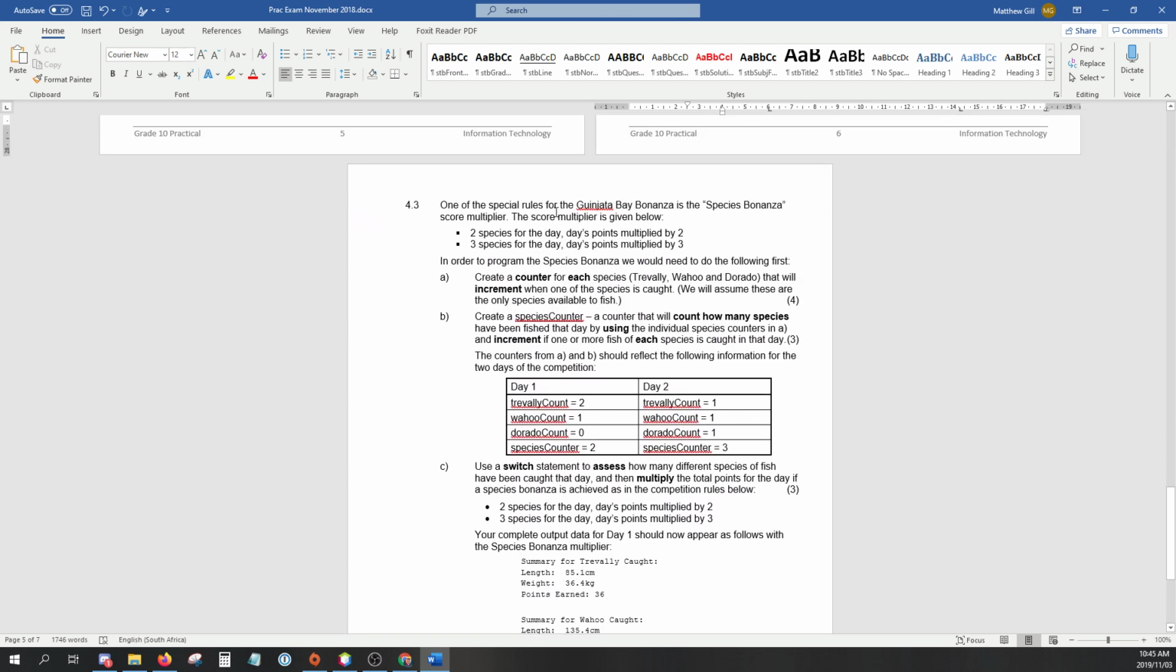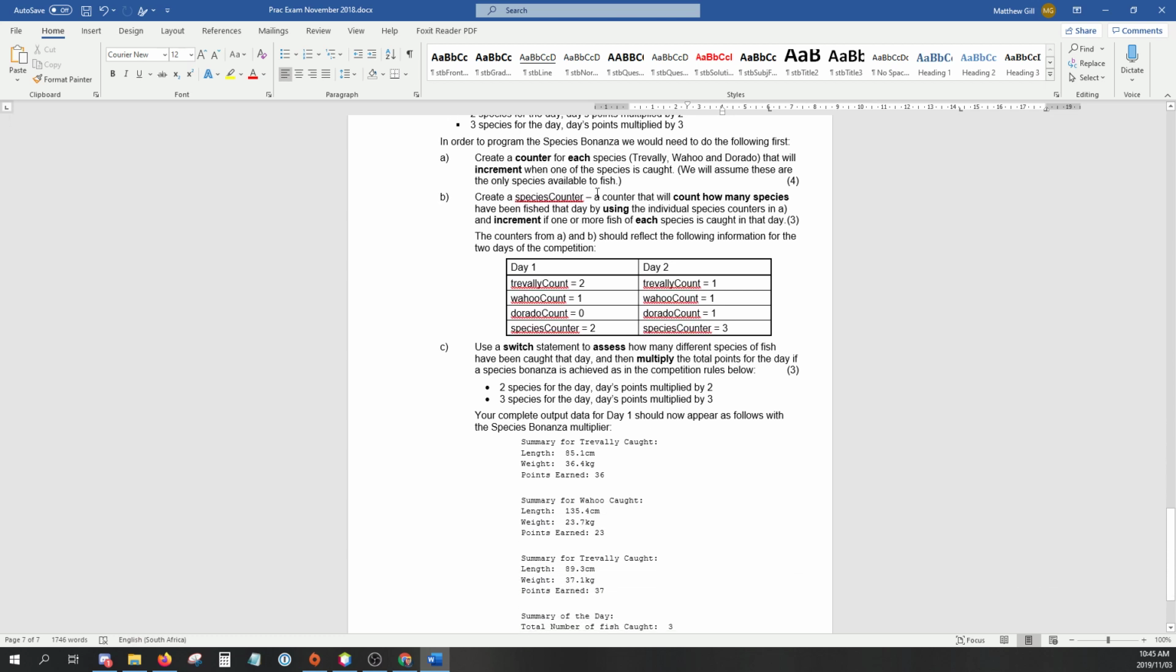Right. One of the special rules is the species bonanza, the score multiplier. Two times for the day, today's points multiplied by 2. So in order to program the species bonanza, we would need to do the following. Create a counter for each species that will increment when one of the species is caught. We assume these are the only species available to fish. So